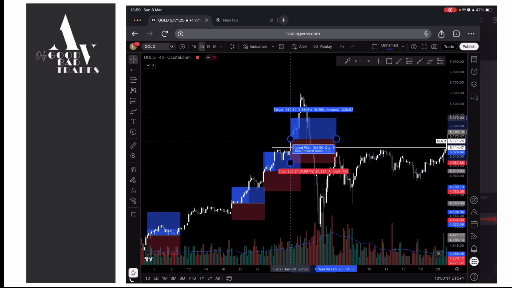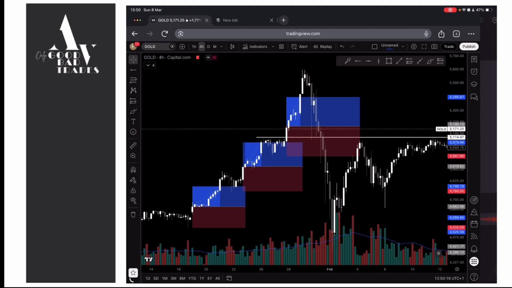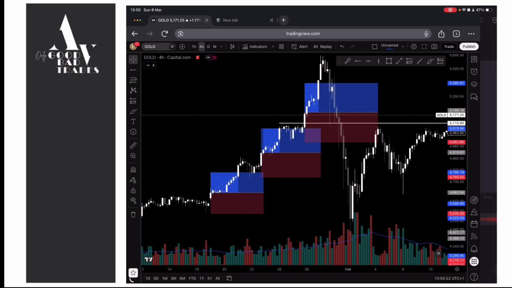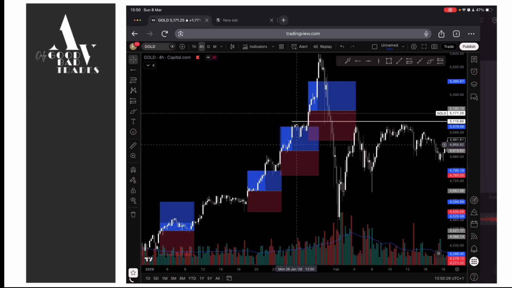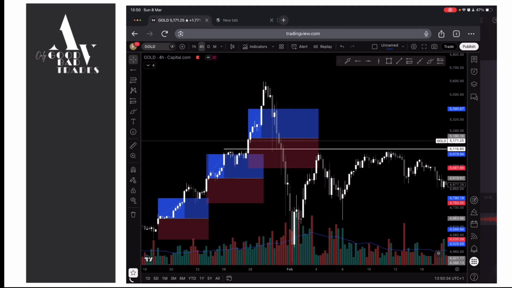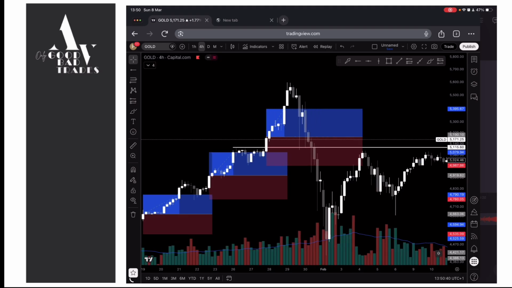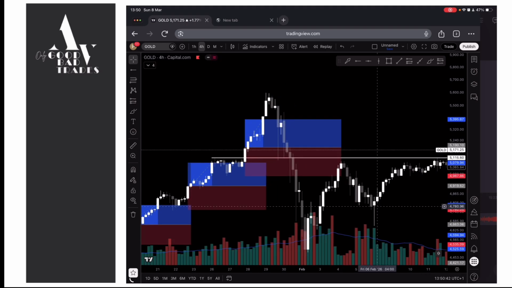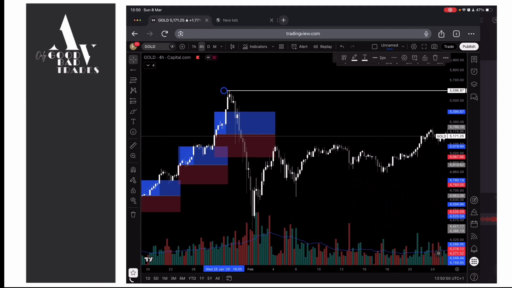We need those losing days to even teach us not to overtrade, not to over-leverage. We can imagine making 1, 2, 3, and then you over-risk here and lose everything, all the profit you've made, in none of this trade. So you need to stay consistent with what you risk. You need to stay consistent with how you trade in order for you to be consistent with the profit and the progress you make. So we are at the peak again, and we found no break of structure, which means we are out of the trade.